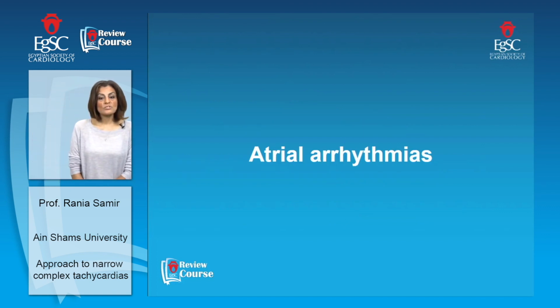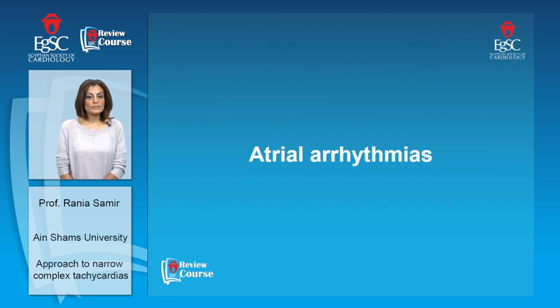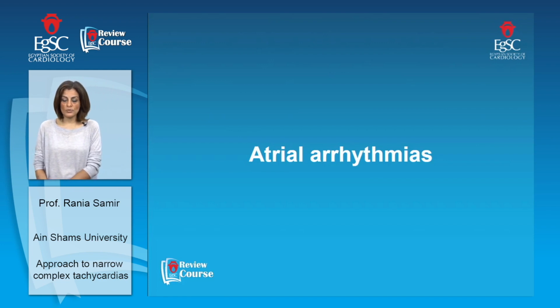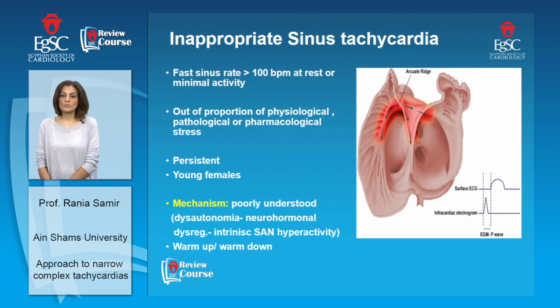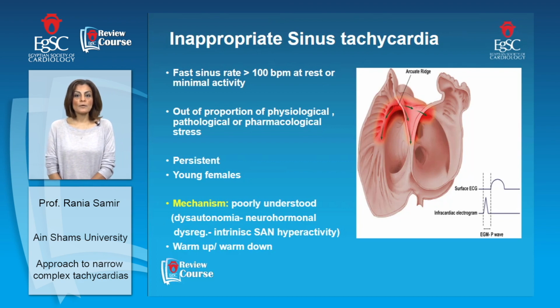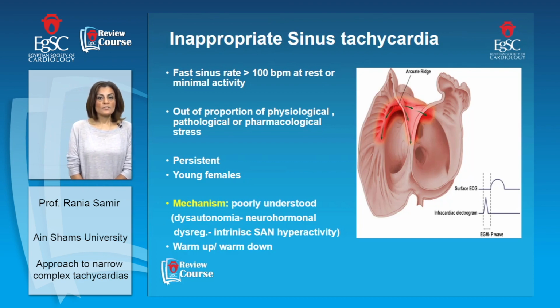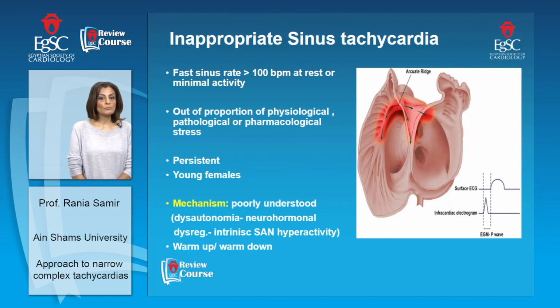Now we're going to discuss the most common narrow-complex supraventricular tachycardias with a specific diagnostic ECG morphology, starting with atrial arrhythmias. The most common of them, commonly encountered in the emergency room or in outpatient clinics, is inappropriate sinus tachycardia. This is merely a sinus tachycardia characterized by a fast sinus rate of more than 100 beats per minute at